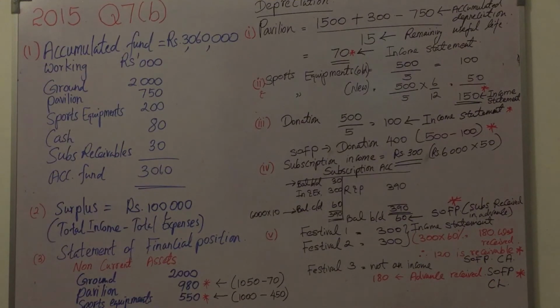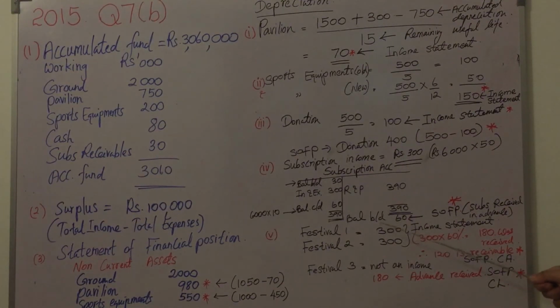And also we got to know 10 new members have joined and they have paid subscription for 2 years. That means paying for this current year is not a problem. But these 10 members have paid for the next year as well. Then it is an income received in advance. So for you, income received in advance is a liability. So that should appear on the credit side of the subscription account in the next financial year.